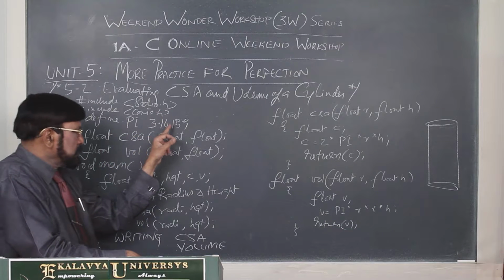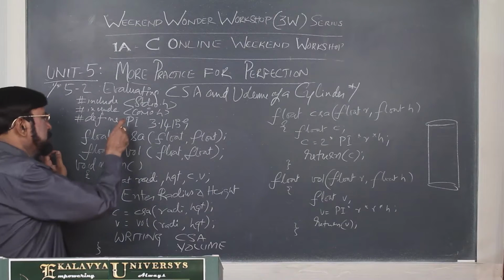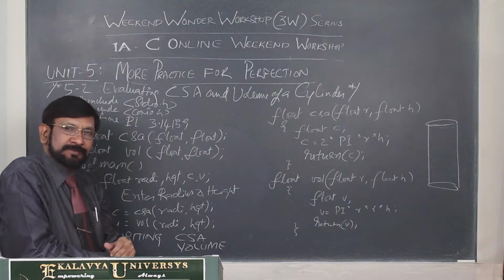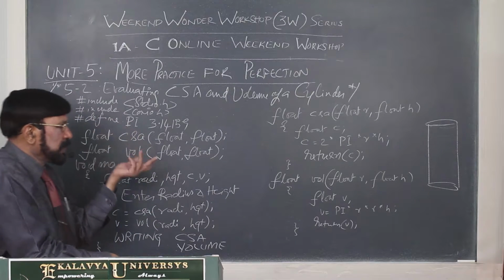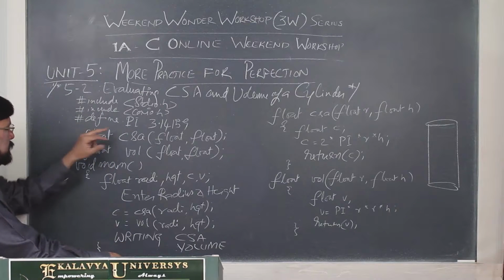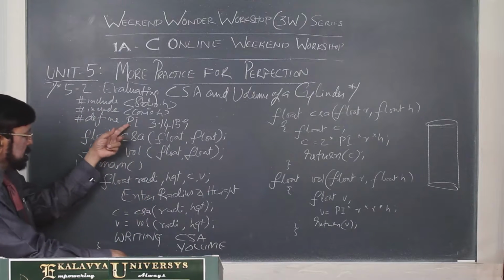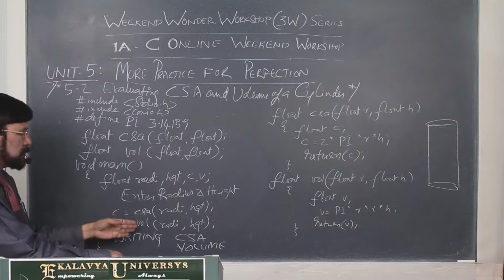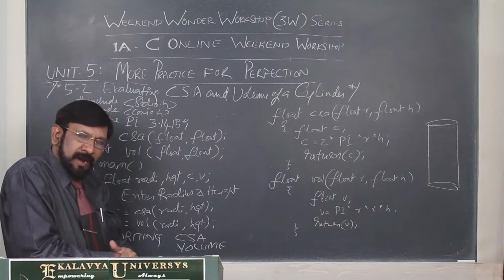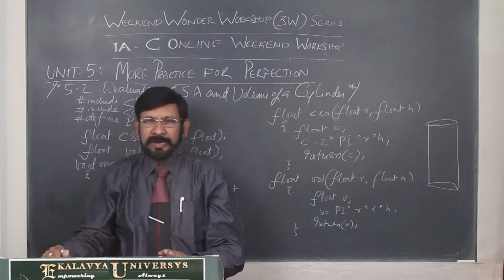Wherever you are supposed to write this value, you can simply write PI. As a matter of convention, we use uppercase for all constants, so simply seeing that, you can understand it is pi. Number two, it is defined above main, so it is treated as a global constant. That's why it is available not only to the main function, but to all the called functions.